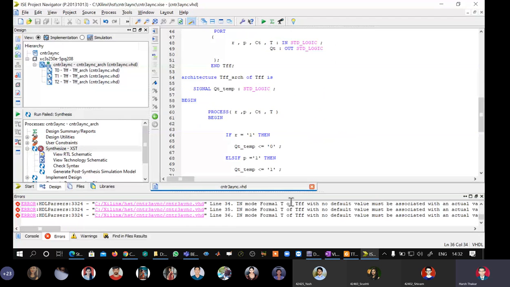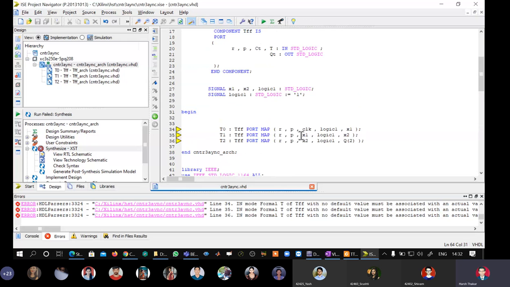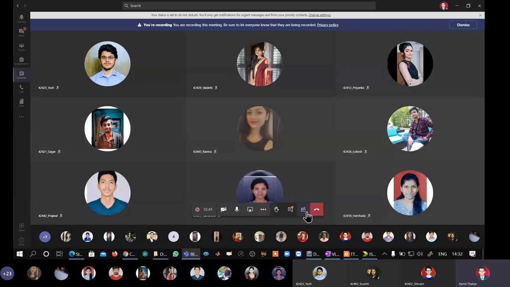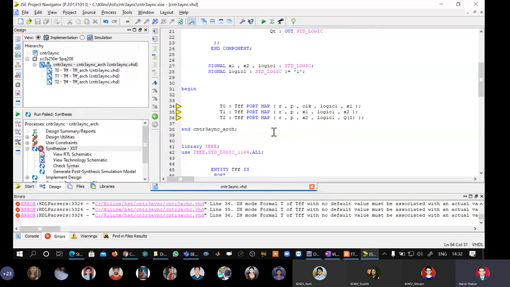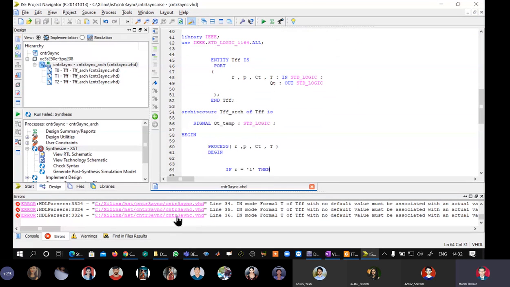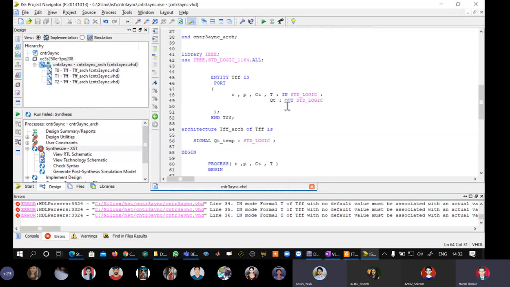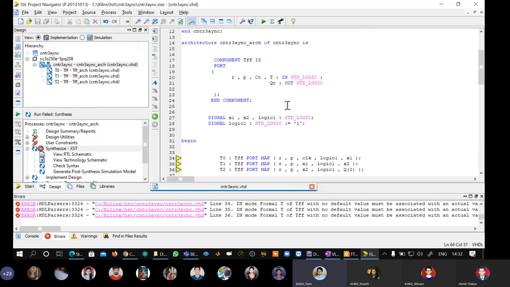What is the solution? Who can suggest the solution for this? Yes, students, what is the solution? Any guesses? Sir, defining that signal, is it done twice? Where? Sir, here only.